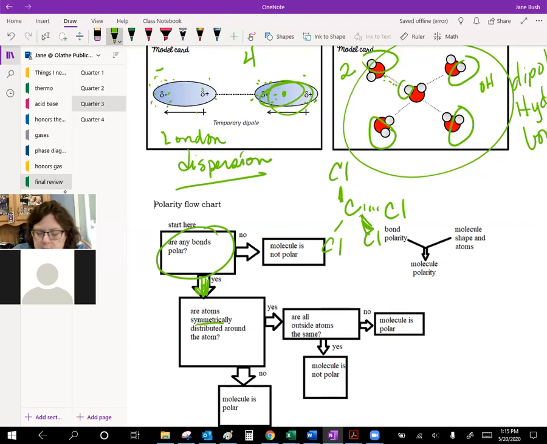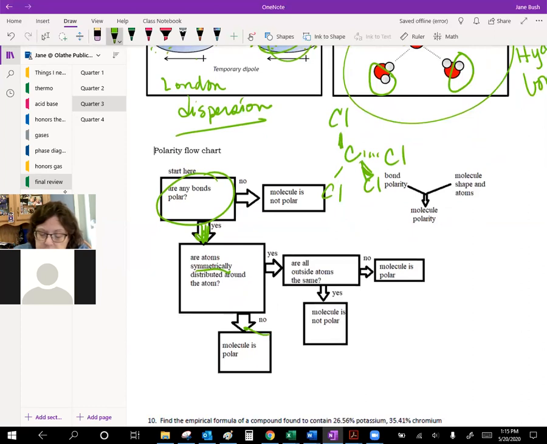Are the atoms symmetrically distributed? Yes, they're symmetrical. Then you look, are all the outside atoms the same? Yes, they're all chlorines, so that's a nonpolar molecule. So it would only exhibit dispersion forces. If we look at, if we do this,